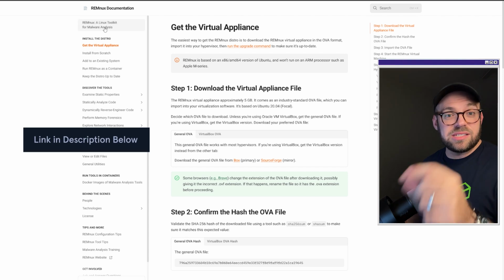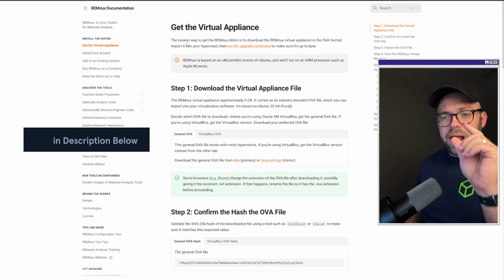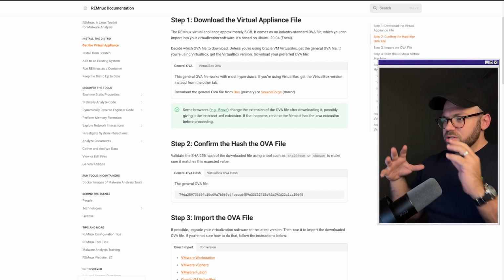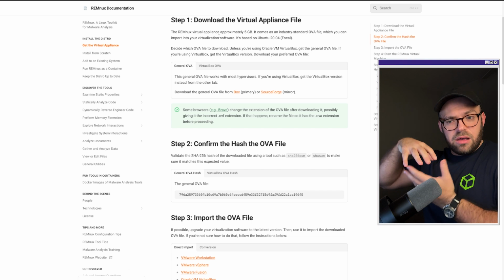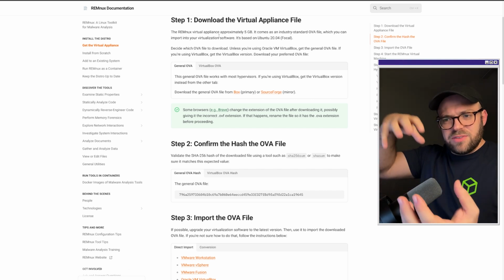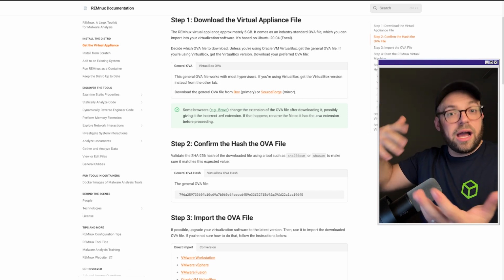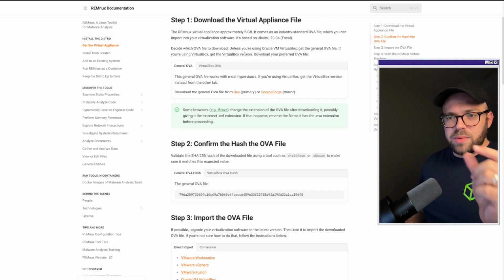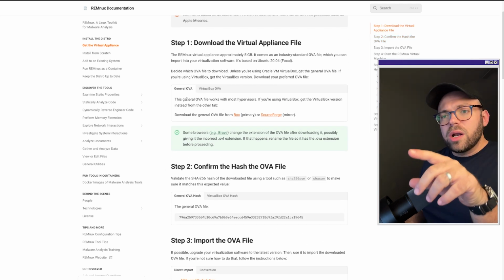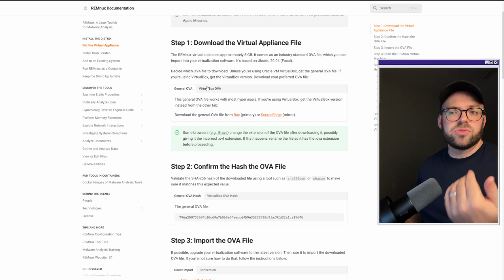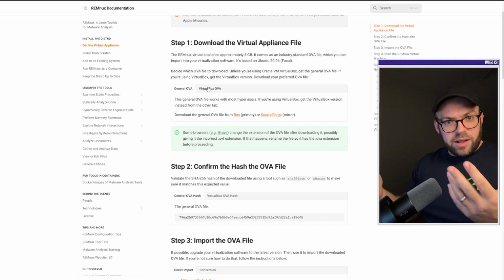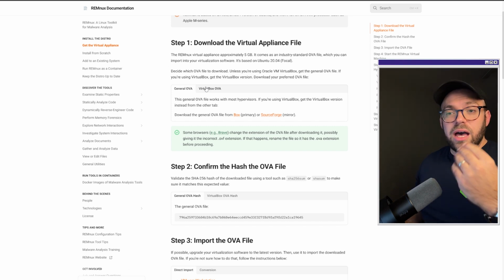Remnux documentation site, remnux.org, and we're actually going to navigate and download a virtual appliance file. Now what this is essentially, someone took the virtual machine itself, they basically created almost like an image file, but it's specifically designed for virtual machine hypervisors. So in this instance, since we're using VMware, we're going to be using the general OVA as opposed to the VirtualBox one. The VirtualBox was the primary free solution, but with Broadcom coming out and releasing theirs for free, we're using a